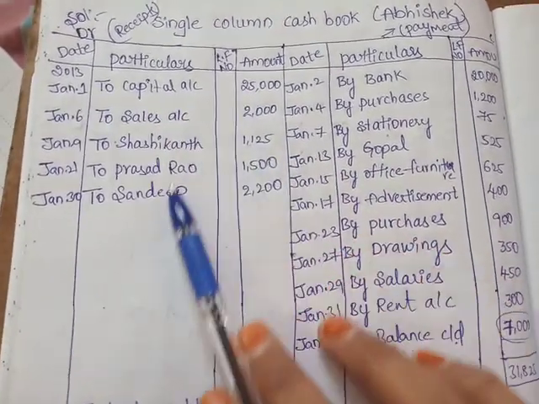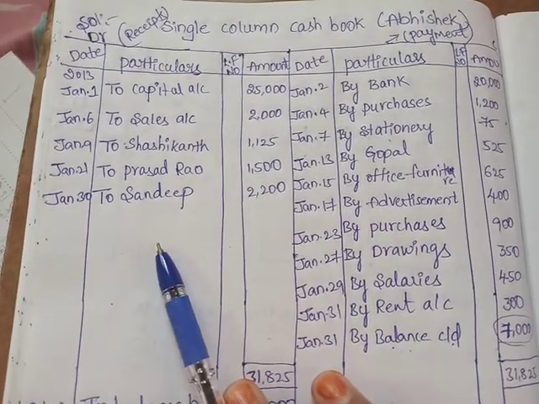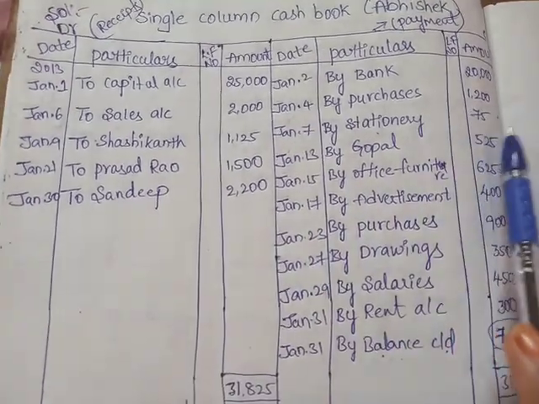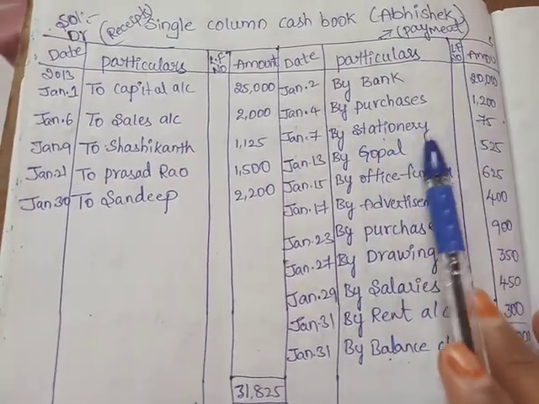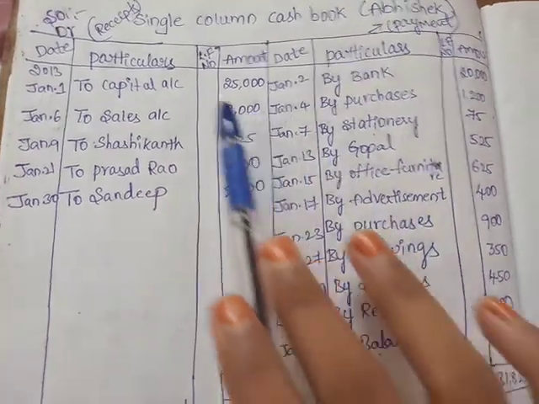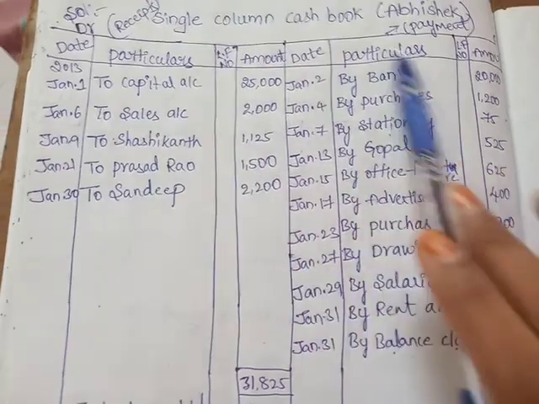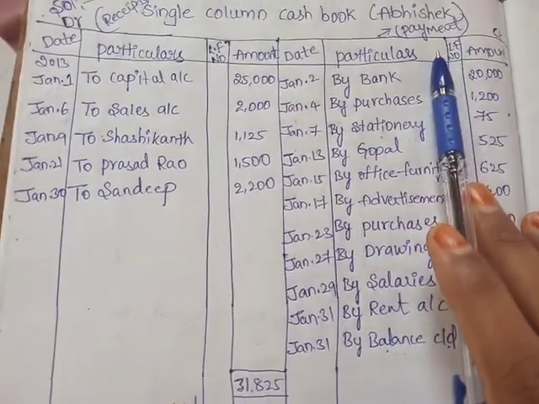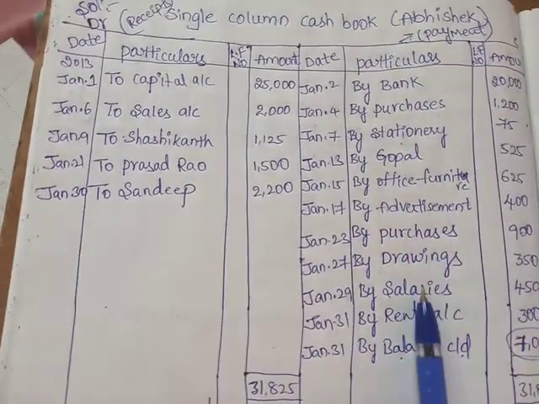Okay, on the debit side, what we receive, the receipts, will be recorded on the receipt side. And on the credit side, we make payments to some other person or purchase assets, whatever it is, so that will be written under this credit side. So on the debit side we record receipts coming into the business, and on the credit side cash is going out, that is payments. So we record all the debit side and credit side.